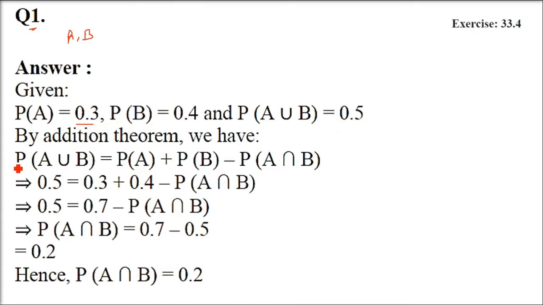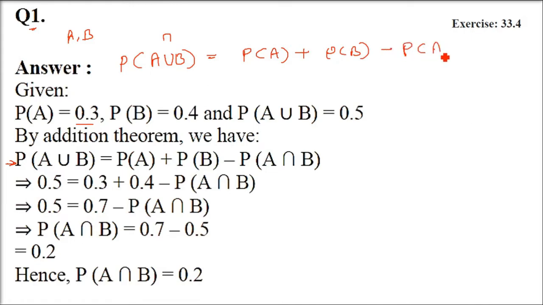So we have a formula. This formula we are going to use in almost every other question. If A and B are two events, then P(A union B) or P(A intersection B) can be either way: P(A) plus P(B) minus P(A intersection B). If you are using intersection on one side, you use union on the other, and vice versa, because the negative and positive can be taken to either side.